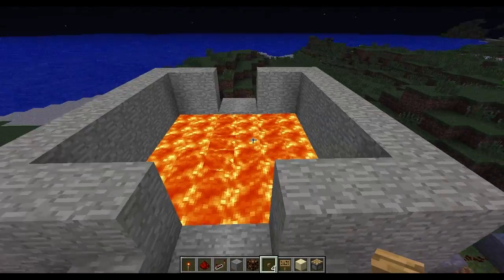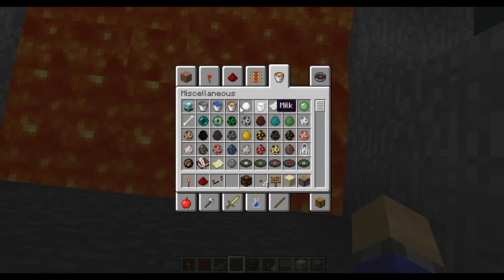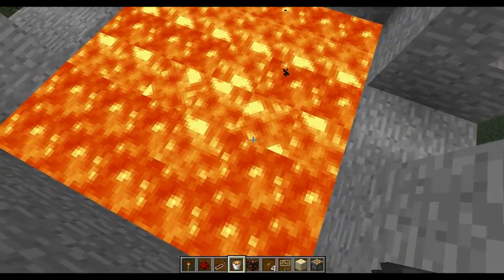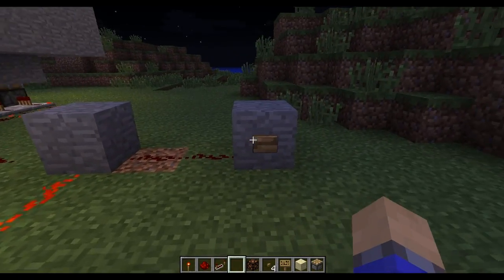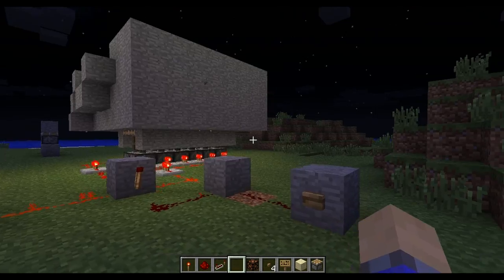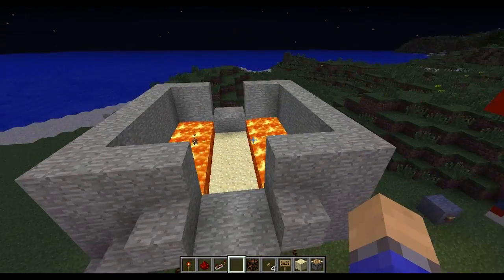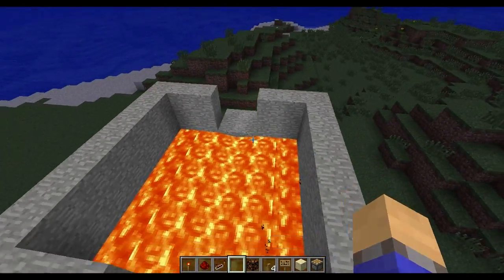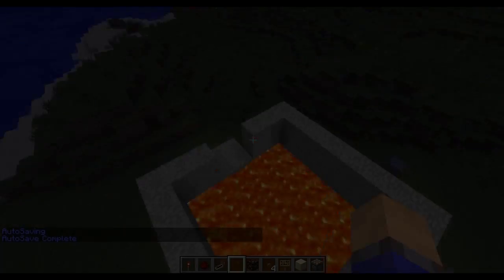Okay, now we have a fully working bridge over lava. If you want to come up here, I'll press the buttons and you can have a look. Okay. Ooh. And that's it off. So that's a practical example. These can be used like drawbridges and stuff like that in survival, so they're not just...